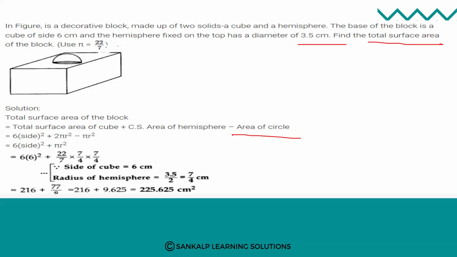So total surface area of the cube, that is 6 into side square, plus 2 pi r square, the curved surface area of the hemisphere, minus area of the circle, that is pi r square. So 2 pi r square minus pi r square, that is pi r square. 6 into side square, each cube of side 6 centimeter. So the side value is 6. So 6 into 6 square plus 22 divided by 7 into R value,